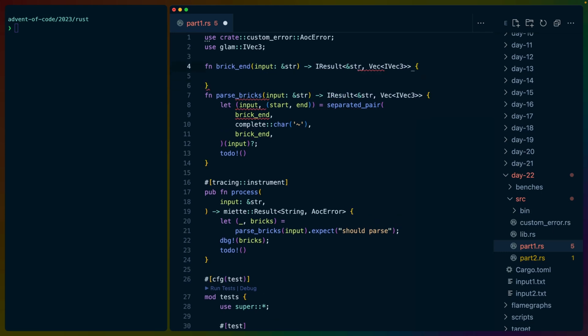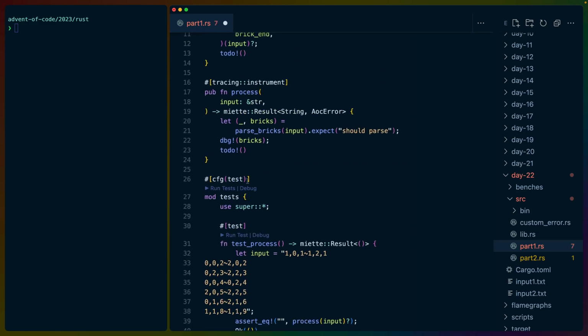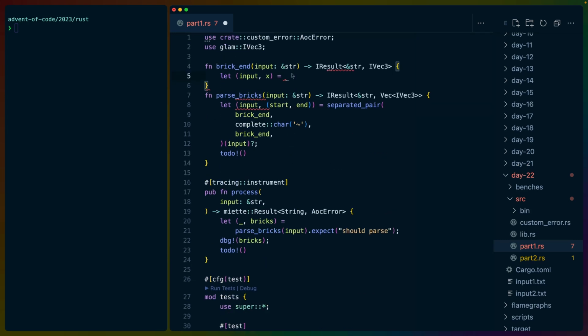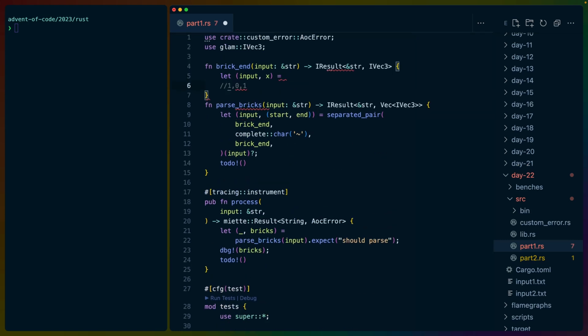And brick end is not going to give us a Vec of IVec3s. It's going to give us an IVec3. And this can be any number of things, I guess. But I kind of want to just do it manually. So to do this, we've got X, Y, and Z, right? Like this. We could just separated list this, but instead I think what I'm going to do is complete i32,